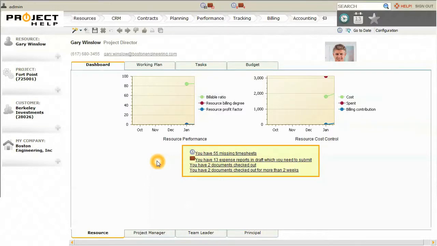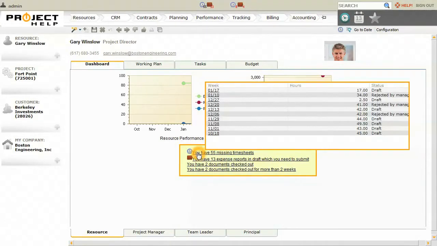From here, there are 5 ways to open timesheets. The first is our home page to-do list, right here, and you see the first item tells us that we have 55 missing timesheets. When we mouse over on it, we have the list of 55 timesheets that require our